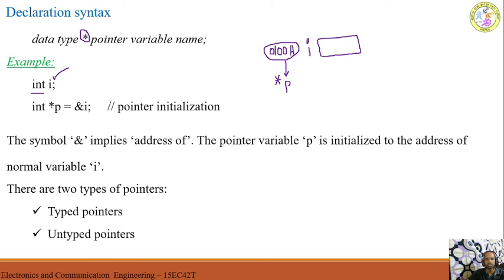Whichever variable has a star before it, that is called a pointer variable, and this pointer variable always holds the address of another variable, that is what ampersand gives. Ampersand always gives the address of the particular variable I. So in this case we have defined the variable I. What is the address of I? It is 0100h, and this 0100h is stored into the pointer variable p.